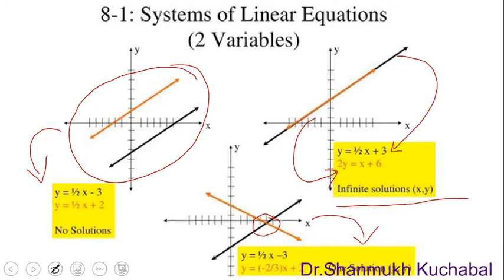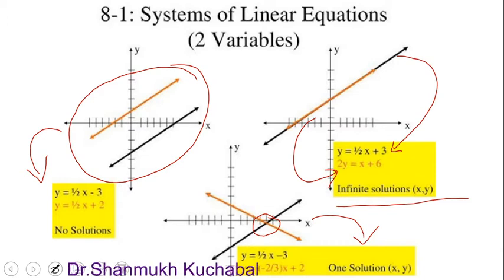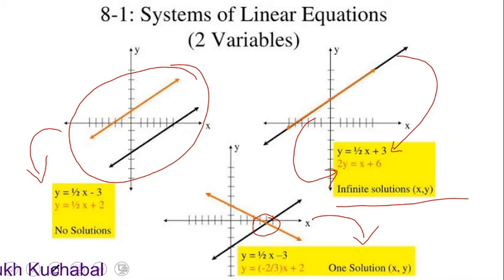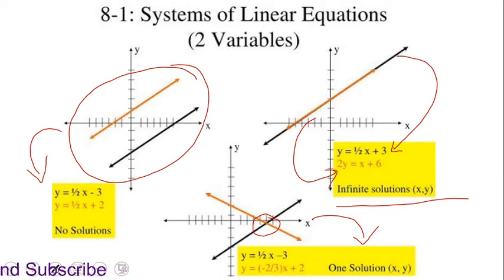So the first one is the graphical method. Whatever we are seeing here, using a graph we have to draw it. So looking at the nature, we can say consistent, inconsistent, infinitely many solutions, no solution, unique solution. So the first method is the graphical method. Next we have the cross multiplication method, then the substitution method, and the elimination method. So these are four different methods for finding the solution for a system of linear equations.